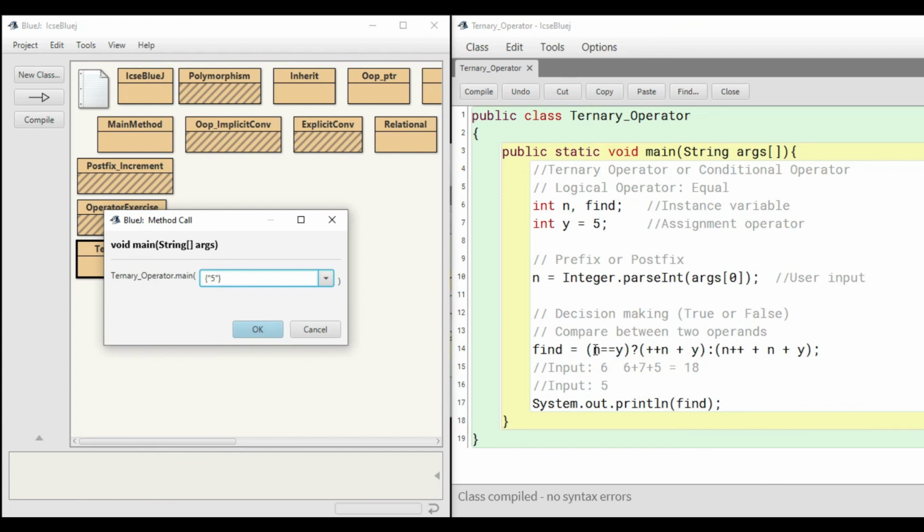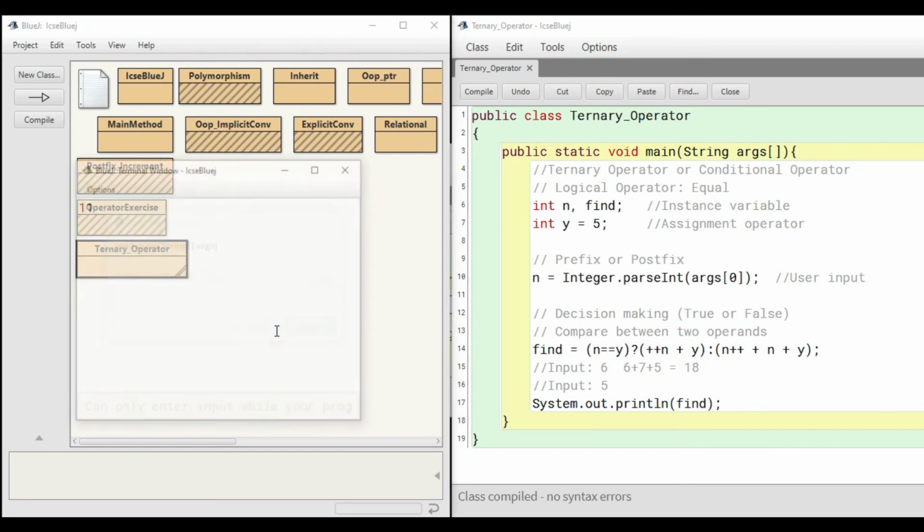So let me put the value 5 over here, and now what happens? Over here 5 is equal to 5, the condition evaluates to true, it will come to this segment, and here is the prefix, and you know that the prefix means the value will increment right on that segment only. So over here it is going to be 6, and 6 plus y, that is 5, so that means it's going to be 11.